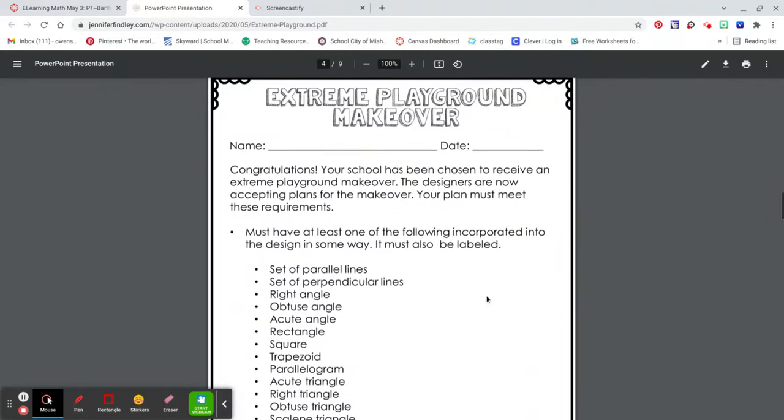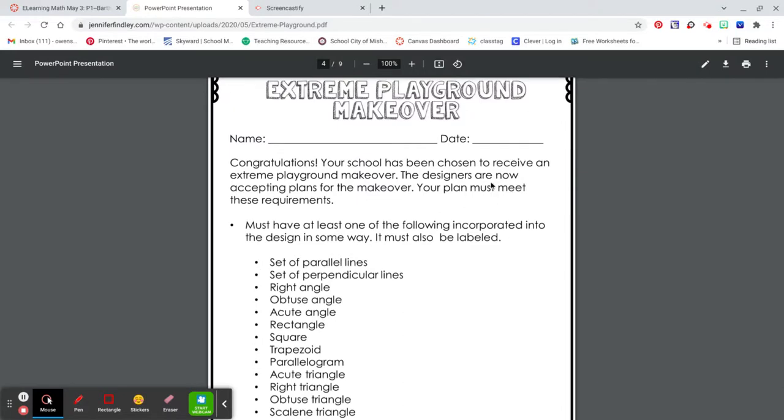And it says here, congratulations, your school has been chosen to receive an extreme playground makeover. The designers are now accepting plans for the makeover. Your plan must meet these requirements. It must have at least one of the following incorporated into the design in some way, and it must also